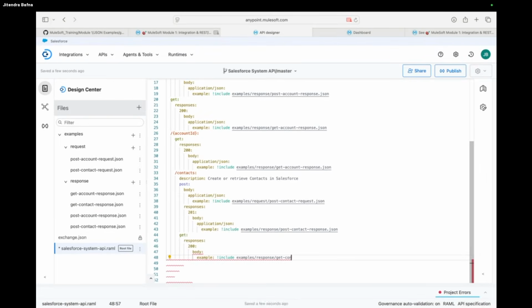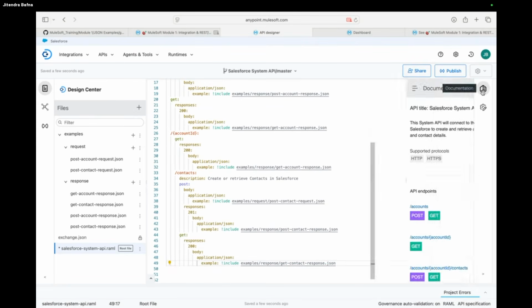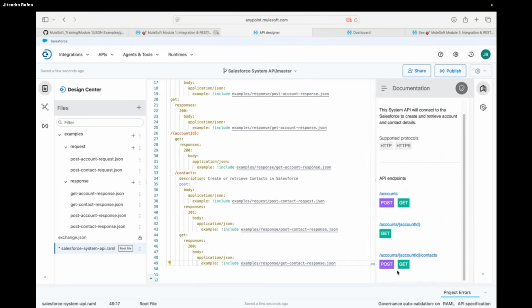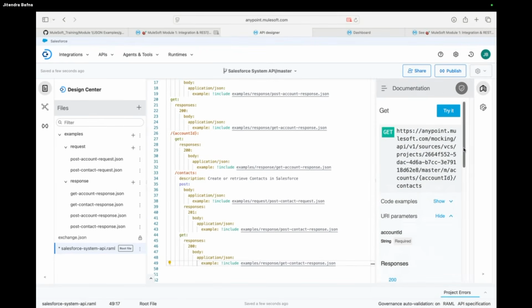Get contact response.json. I forgot to mention application/JSON. Okay, so this is what we have generated. Let's see. Here you can see the get is also generated.